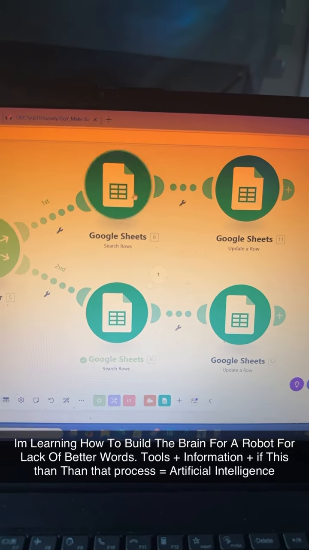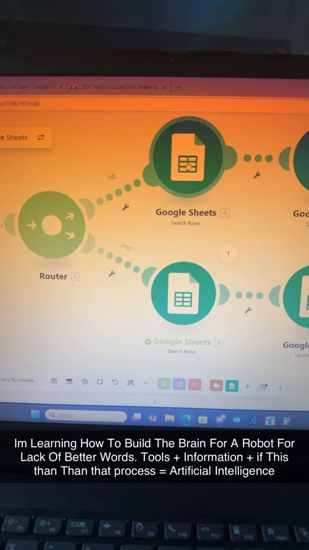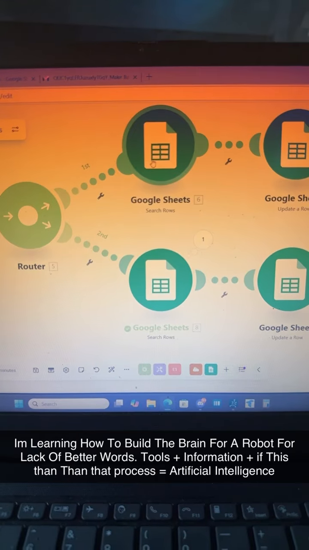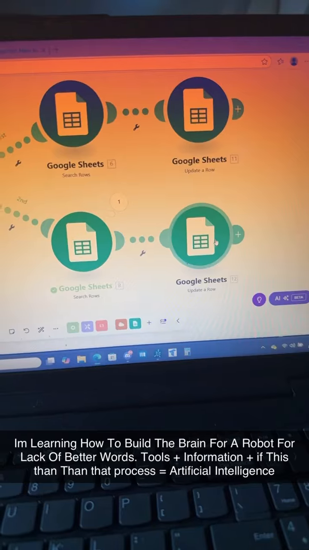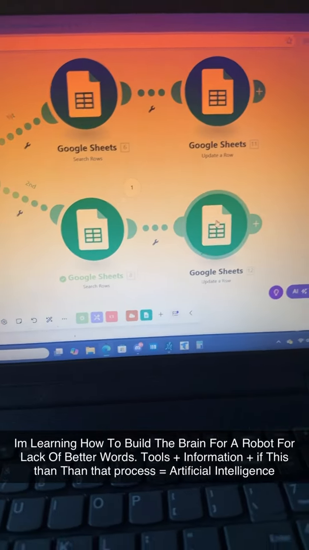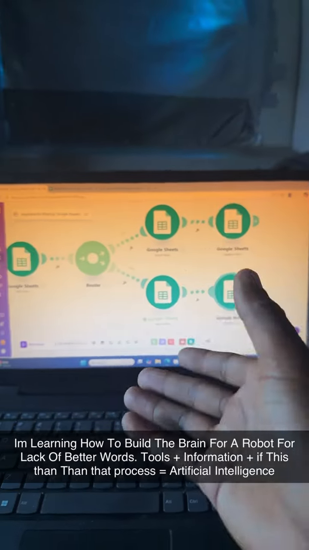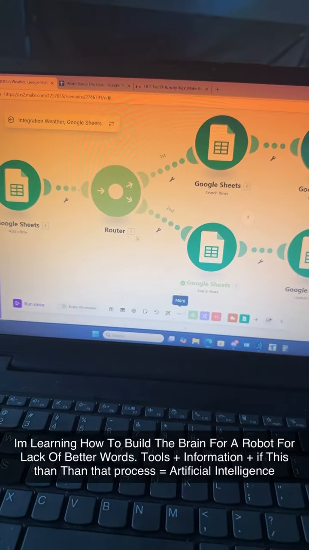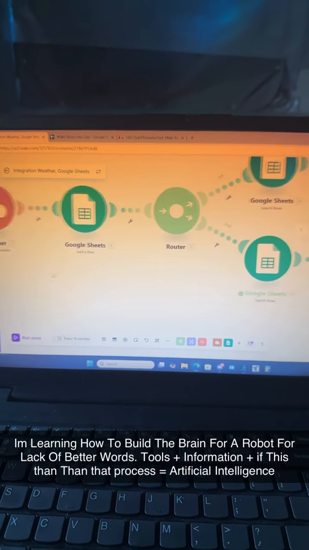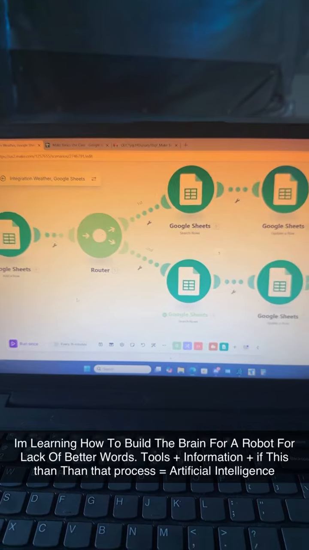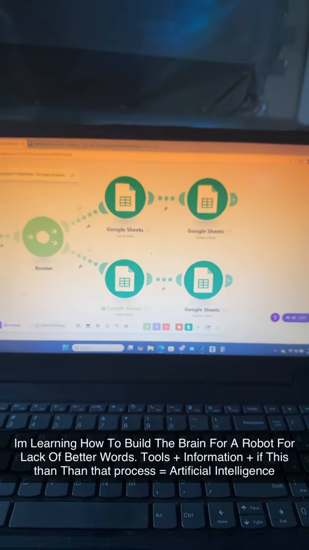And based on the information here, if the temperature happens to come through at that particular moment and it happens to be less than 20 degrees, this Google Sheet is ordered to tell me to wear a jacket. In this Google Sheet, if it's more than 20, it's ordered to tell me that I need to wear a t-shirt outside. So it might be simple, but I'm learning the basis of how to automate a system and use this technology to essentially make a cost-effective ecosystem that is a if this